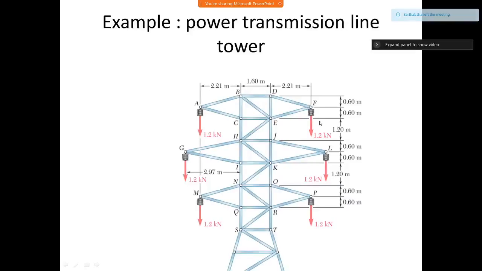Now, we saw this example, and one thing is that the method of joints can be a little tedious or a little long procedure if, let's say, I start from point A or point F, and then I have to calculate forces in some other members. So let us say I'm interested in calculating the force in BD or in CE or some other members. It's a little bit long, tedious process. So in this lecture, we are going to learn some techniques by which we can find the solution more quickly. It's like getting some shortcuts for the solution.